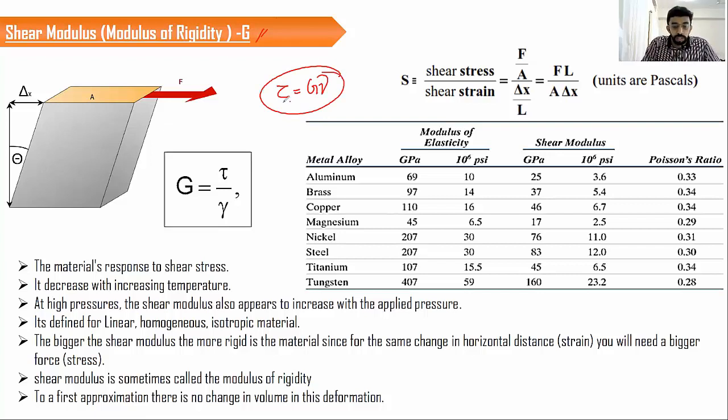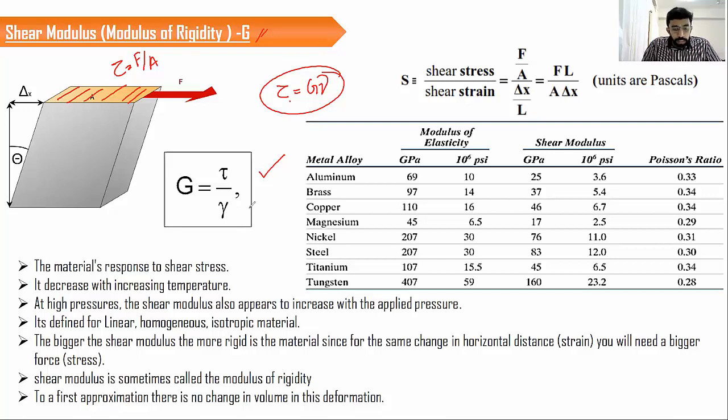Now we have to understand what exactly this shear stress is. Shear stress, tau, is the shear force upon area. The area that we consider here is the area where this particular force is applied. So shear stress is force upon area, and thereby we can define the modulus of rigidity as tau by shear strain. It also gives us a quantitative way of expressing the rigidity value.